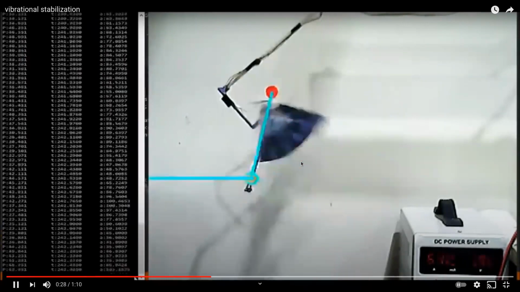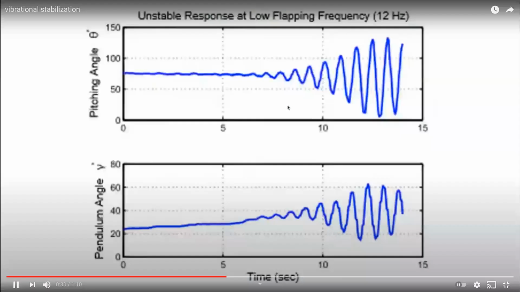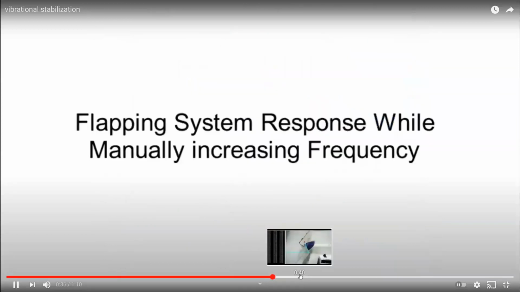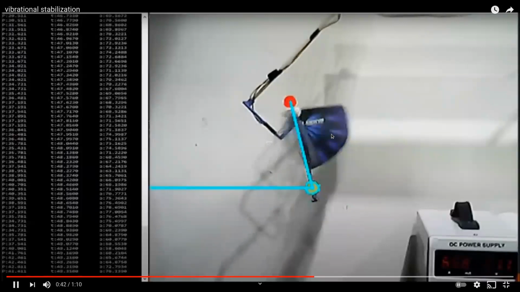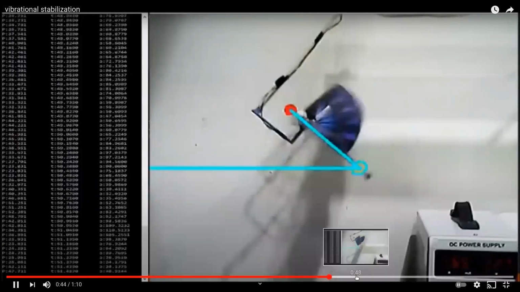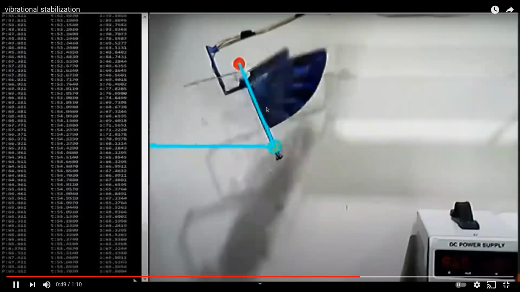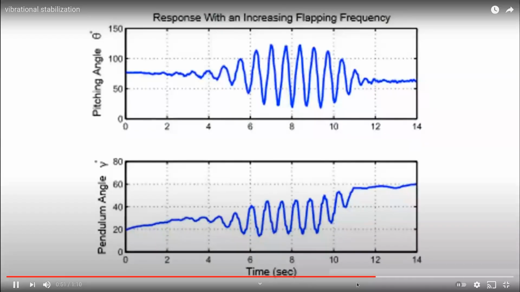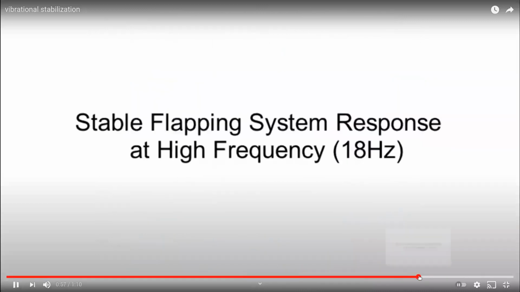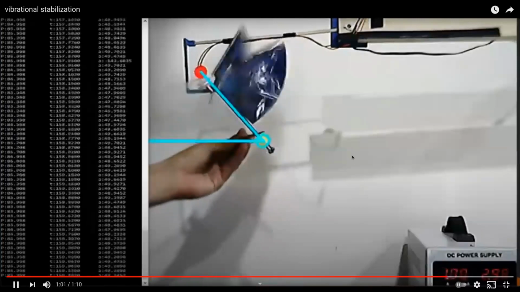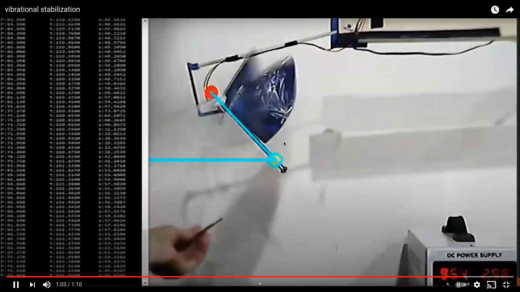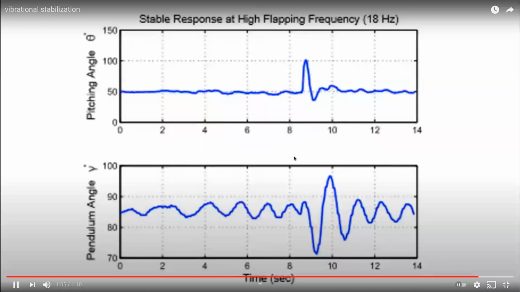However, if the frequency is not high enough, the pitching motion is still unstable. But if we increase the frequency, we can stabilize the pitching motion. Here in this video, the frequency has been increased. And in fact, now you'll see that when the frequency is high enough, even when we perturb the system, it will go back